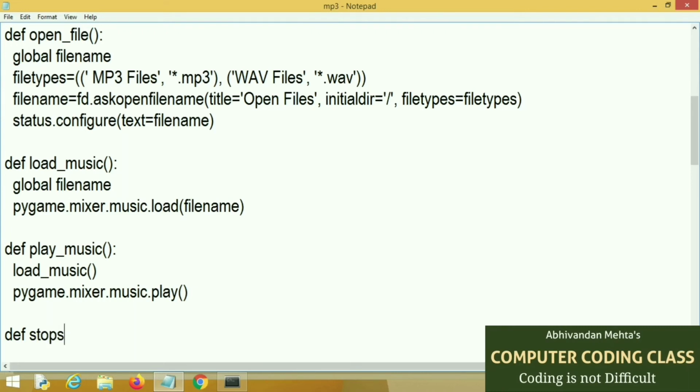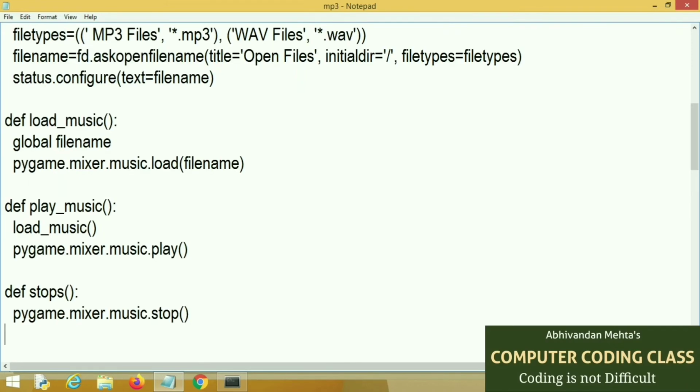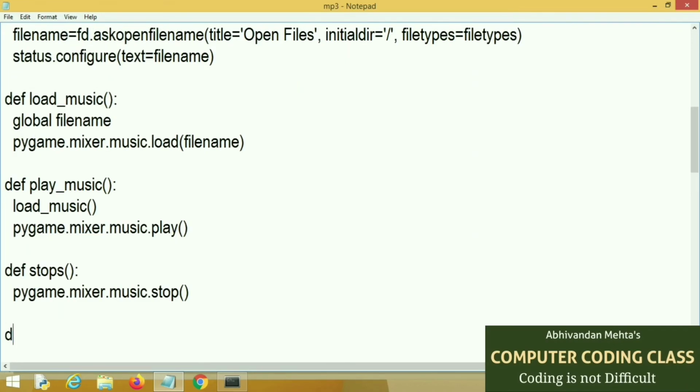Next function is the stop function. Here we will write pygame.mixer.music.stop. Next button is our toggle button, that is the pause button.